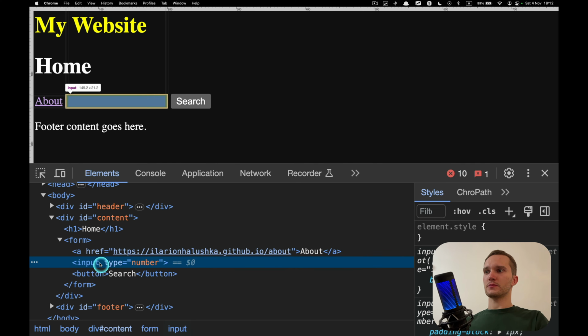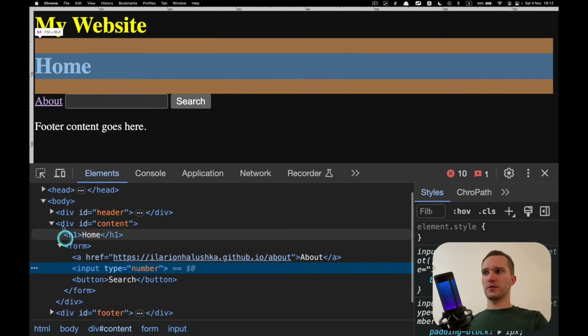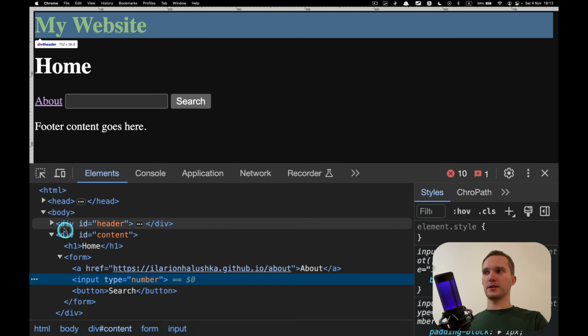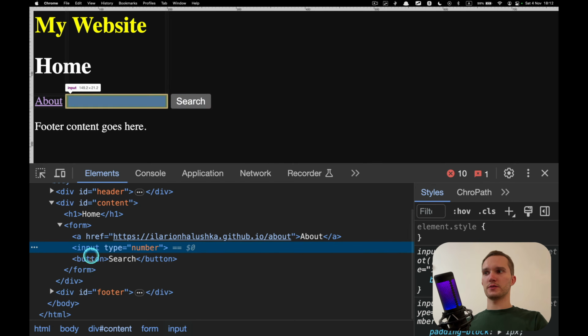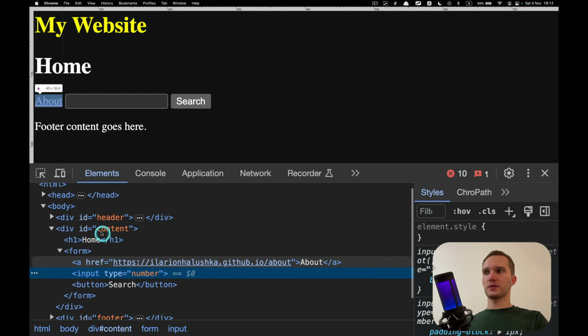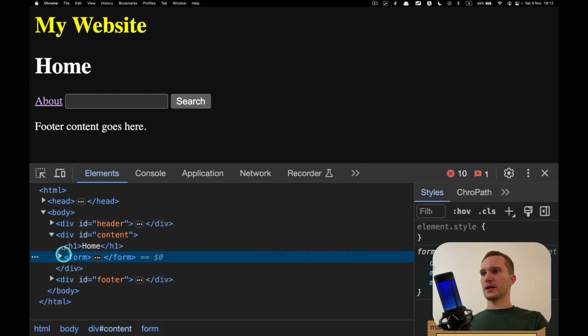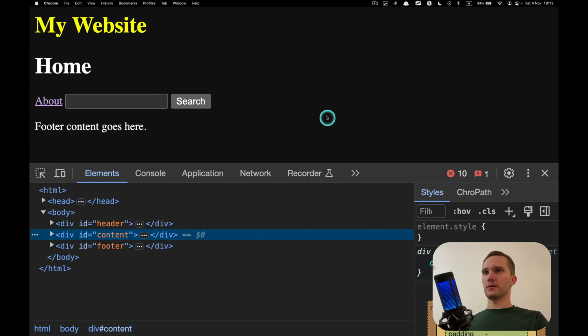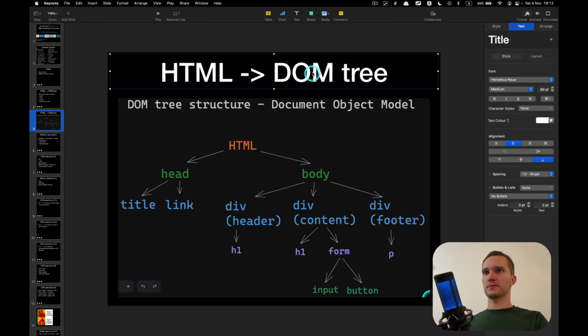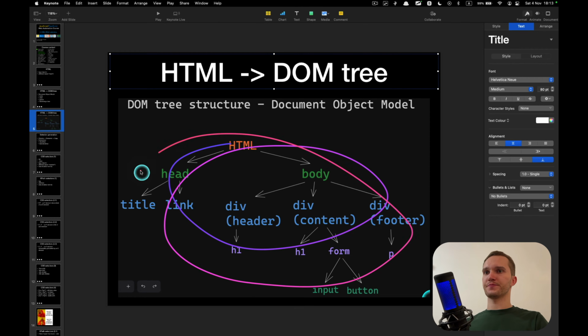Okay. When we automate some tests, we need to click on elements, and we need to find these elements in this tree, in this HTML DOM tree, right? So how does this happen? The browser builds the DOM tree. This is our DOM tree.